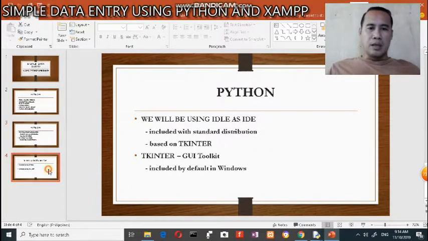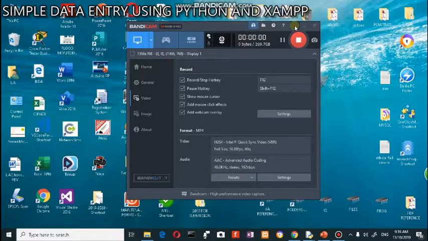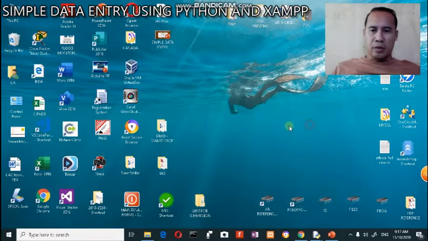So what we will be needing for now in discussing our simple data entry is we will be downloading and installing Python, and we will be downloading and installing also the XAMPP. So after downloading Python and XAMPP,